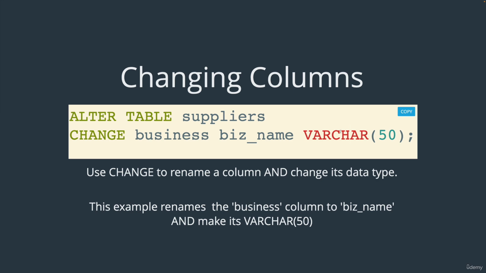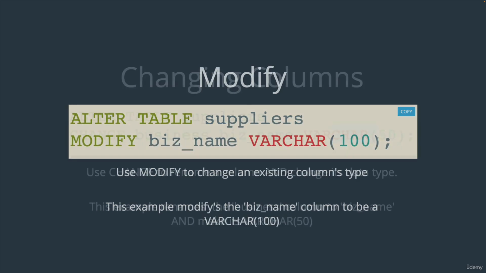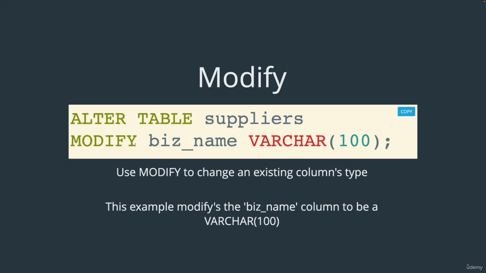So I don't think I need to show an example of that. It's the same concept, right? We just have to say old name, new name, definition. Whereas when we modify, we don't have the opportunity to change the name of a column, but it's simpler. We only say, here's the current name and the new definition for that current named column. Okay,